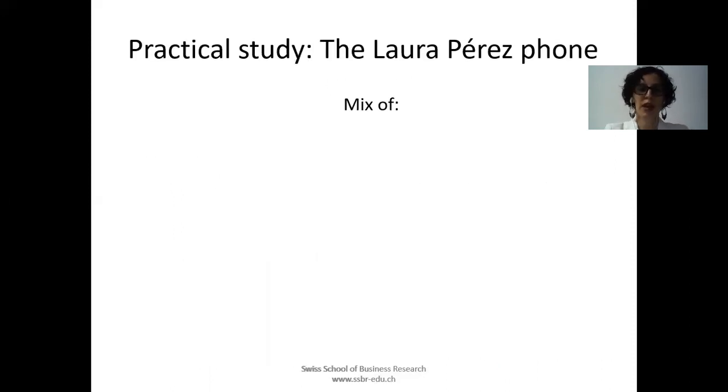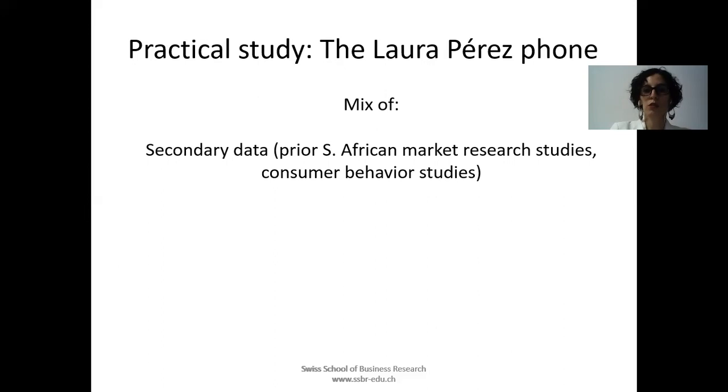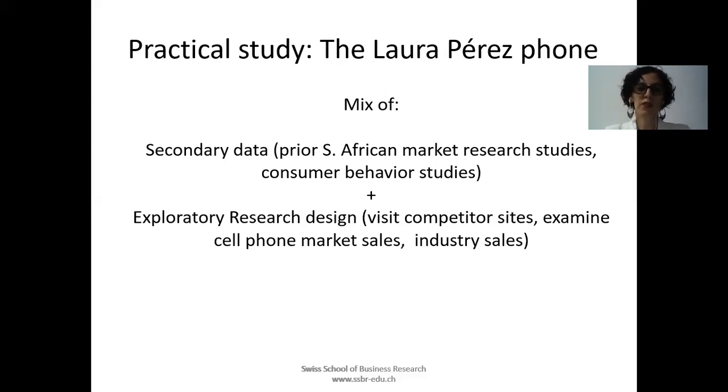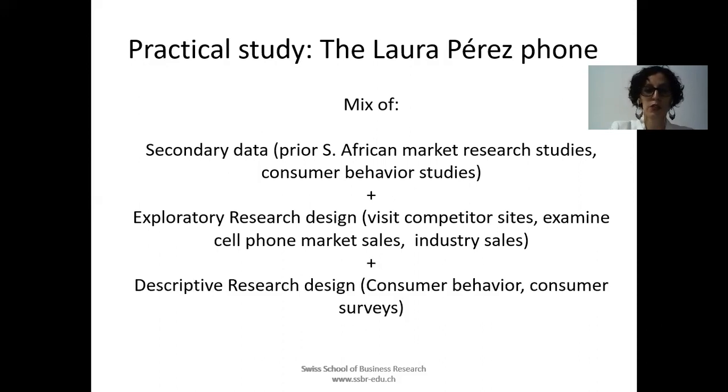Now we look at my phone. What would we use when we determine the research design for my phone going into the South African market? Well, we would definitely need to look at secondary data, because we could use data that already exists. For example, market research studies that have been done in South Africa, consumer behavior studies, etc. We could look at exploratory research as well. For example, examining the cell phone market sales, examining industry sales that we have already at our fingertips, and then